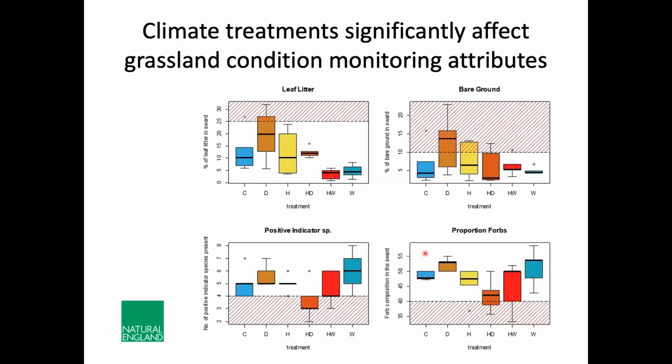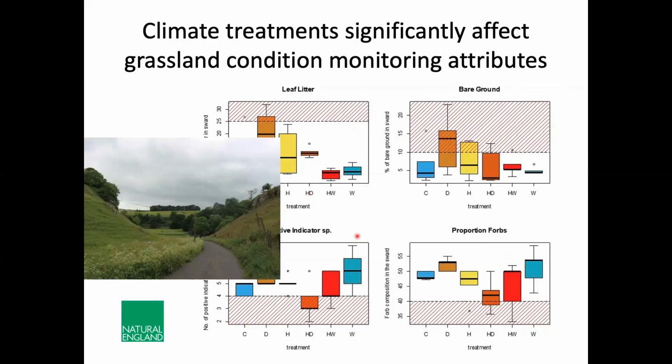And here we're examining some of the usual aspects that are measured using common standards monitoring: leaf litter, bare ground, and indicator species,